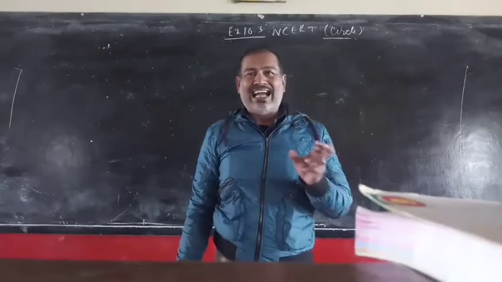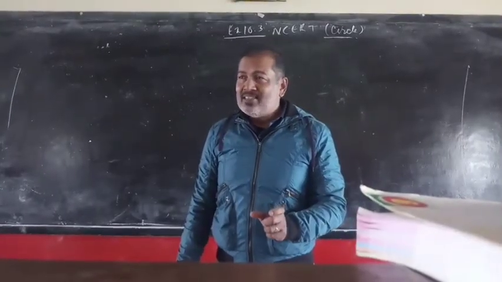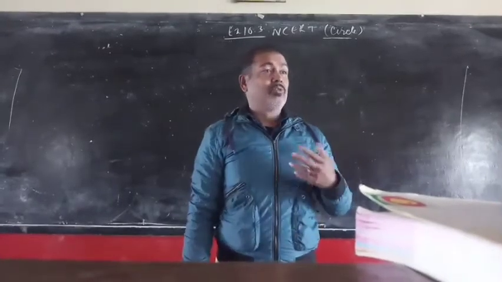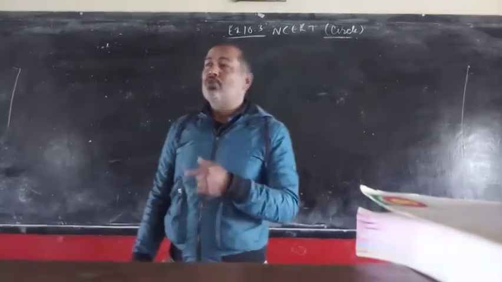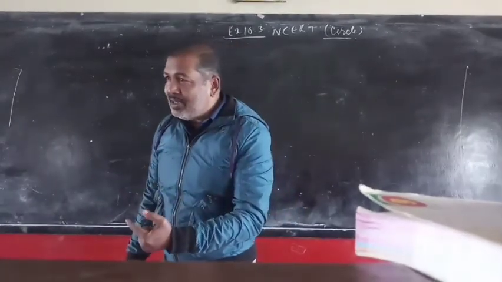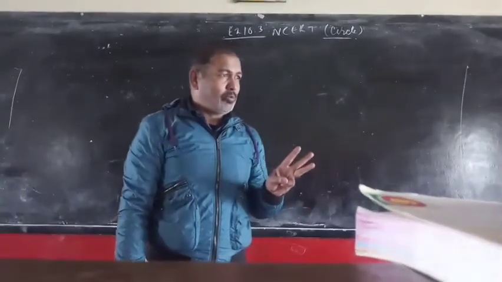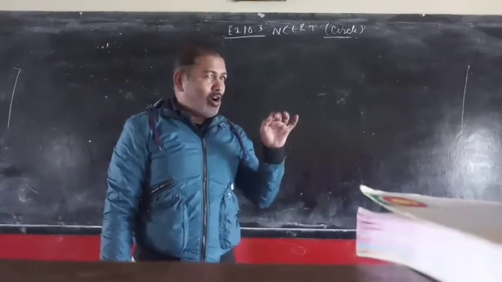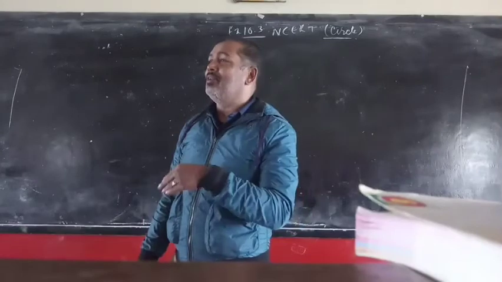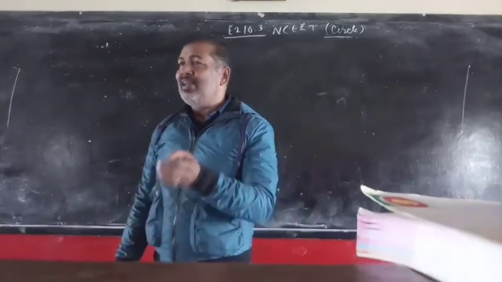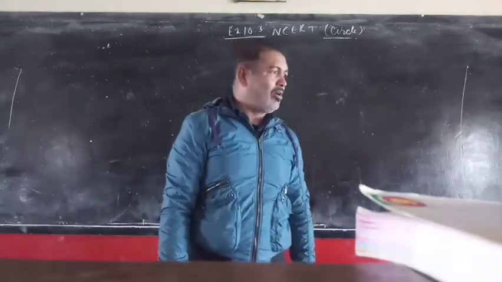We have gone through basically 4 theorems. Equal chords subtend equal angles at the center. That is theorem number 1. Theorem number 2: if the angles subtended by chords are equal, then the chords are also equal in length. The third theorem we have studied and proved is that a perpendicular drawn from the center to a chord bisects the chord, and the converse of this is that a line joining the center to the midpoint of a chord is perpendicular to it.